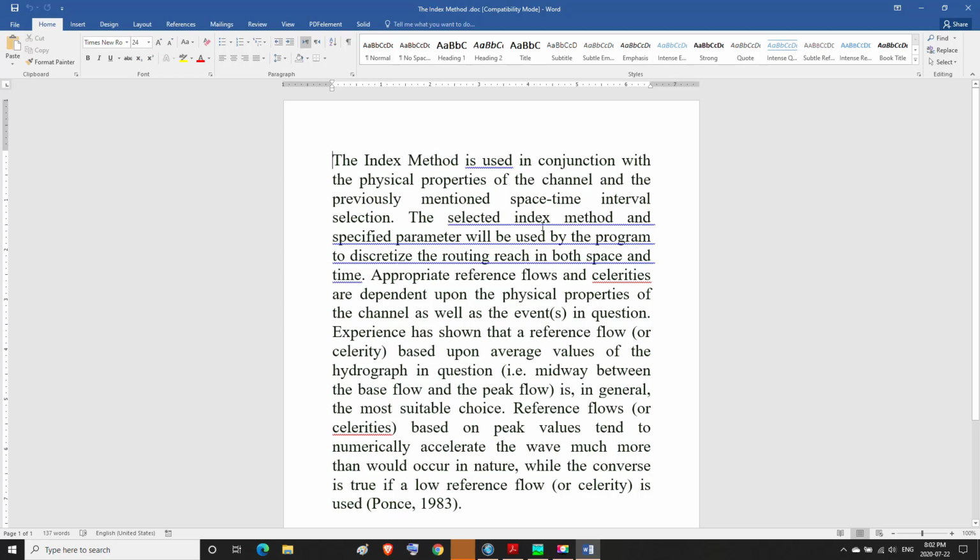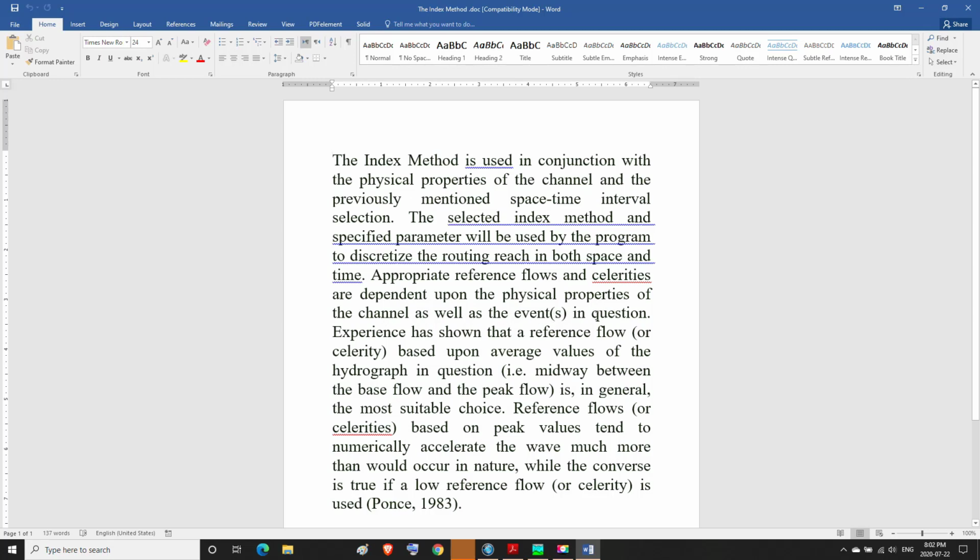The selected index method and specified parameter will be used by the program to describe the routing reach in both space and time. Appropriate reference flow and celerities depend upon the physical properties of the channel as well as the event.